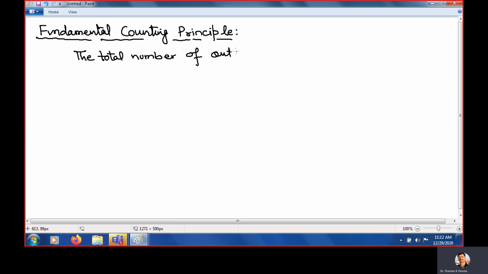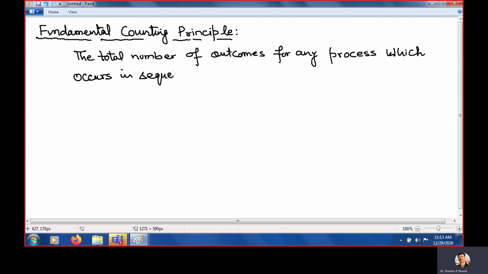You can take anything. So the total number of outcomes for any process which occurs in sequential steps, clear, is equal to